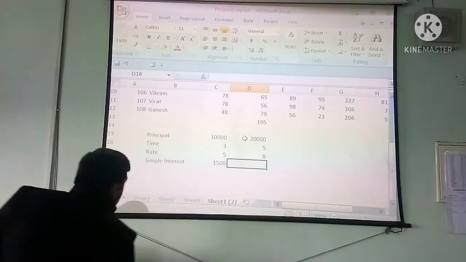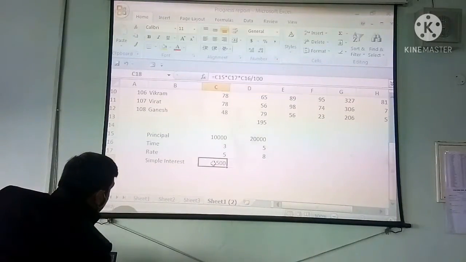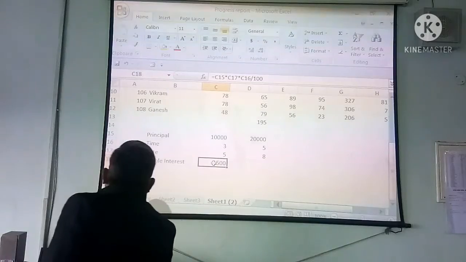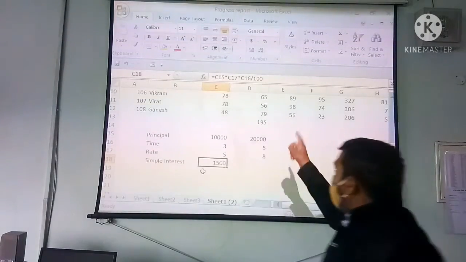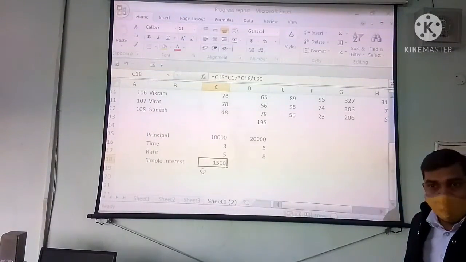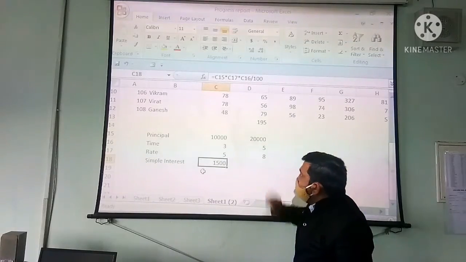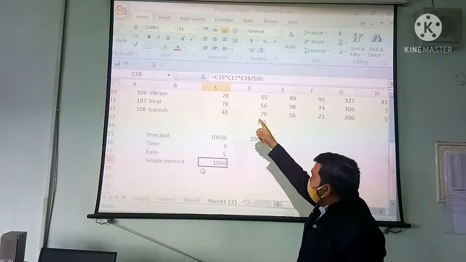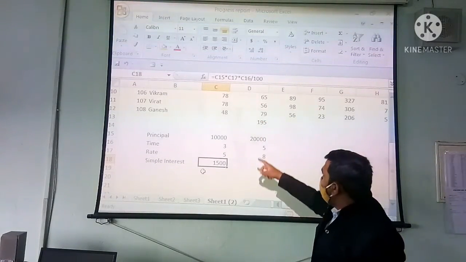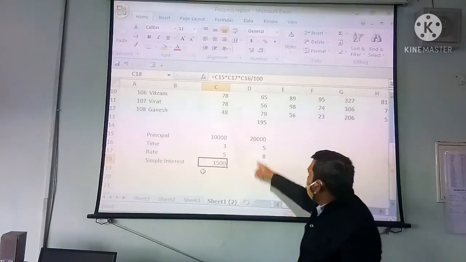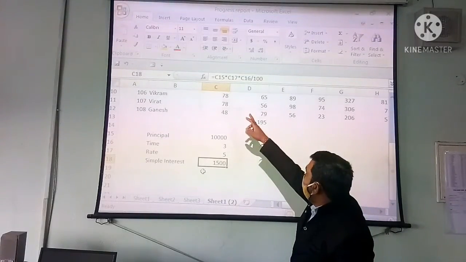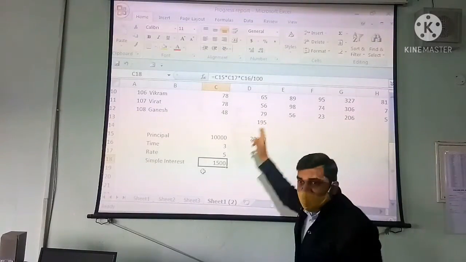So see, what do you find? Here the formula I have written in the cell C18. And you can see the formula C15, C17, C16 by 100. But when I copy this formula and paste it in this cell, that is D18, automatically the address reference changes from C15, because this time the value is going to be taken from this column. That is D15, D17 into D16.